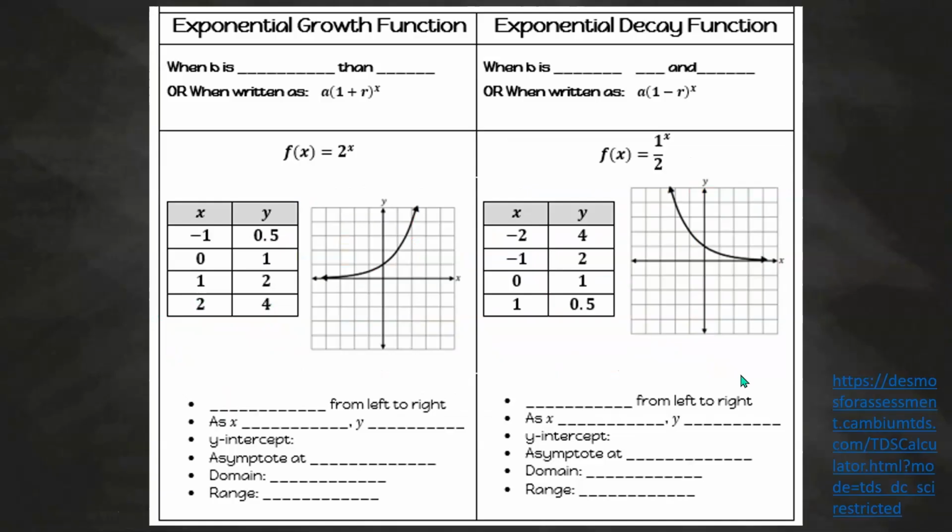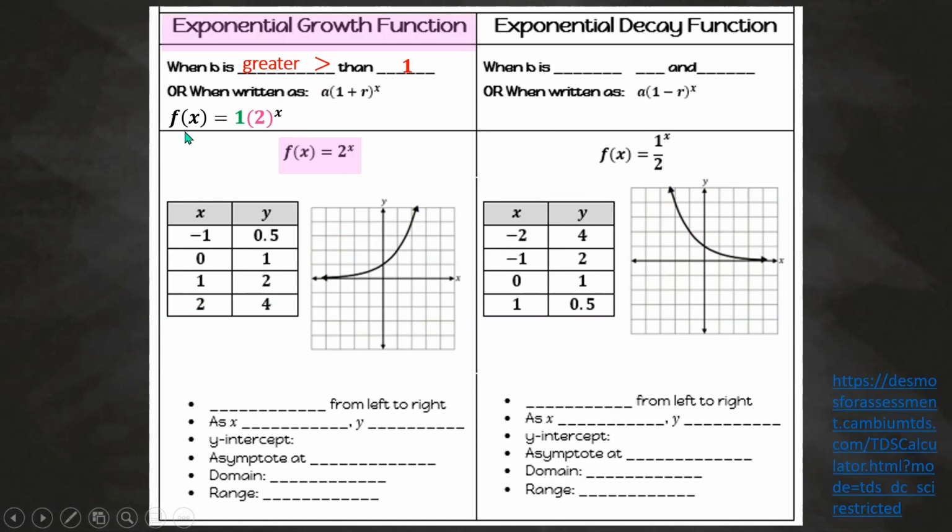So here we have our exponential functions, and that is when b is greater than 1, or you could see it as a multiplied by 1 plus r, because 1 plus something is going to be greater than 1, to the power of x. An example of that type of function is f of x is equal to 2 times